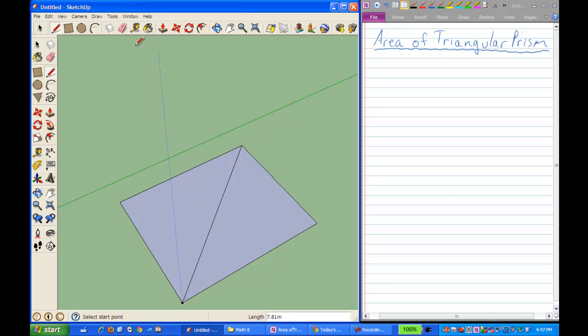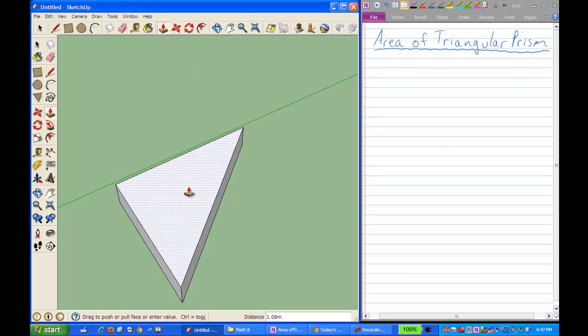And what I'm going to do is take my eraser and erase these edges, which gets rid of half of my rectangle and leaves me with one triangle. And this triangle I'm going to pull up so that it is 4 meters, and I'm just typing in 4